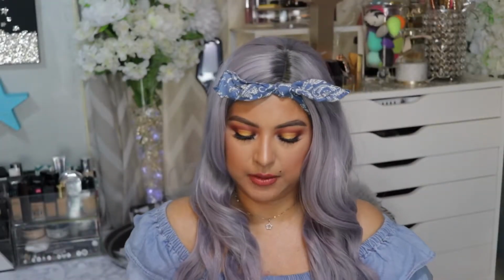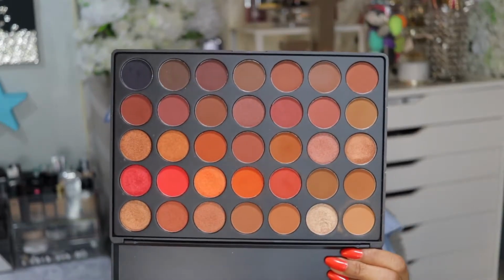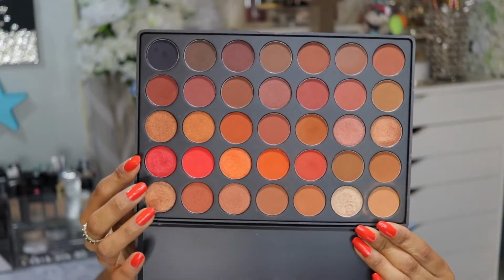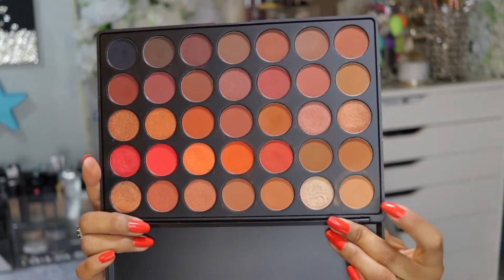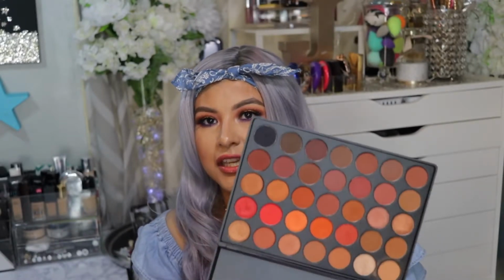This palette I picked up is the Morphe 35O2 palette. It looks like this. I have to say that the only colors in here that I was really reaching for was this row here, and then this color here as my transition. Other than that, I really wasn't touching any of the other shades, just because